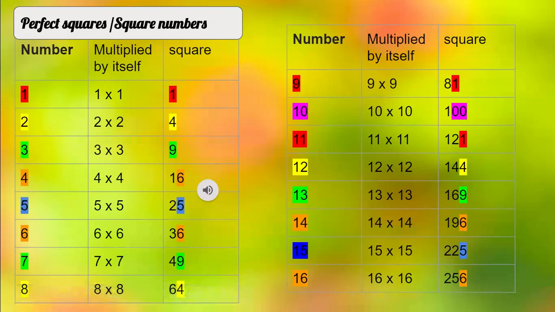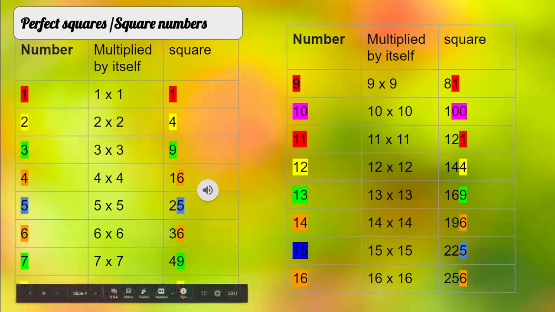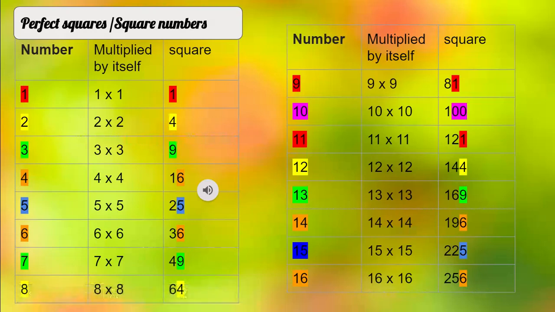Let's look at the table. All those numbers which are written in the box are perfect squares. Let's start with squaring the smallest possible natural number, which is 1. Square 1, you get 1. This is a perfect square. Then the next possible integer would be 2. When you square 2, you get 4. That means 1 square is 1, 2 square is 4. Then what about 2 and 3? First number is 1, the square is 1. Second number is 2, the square is 4.